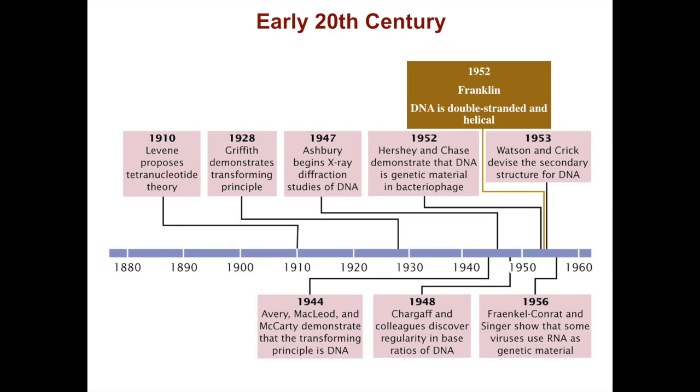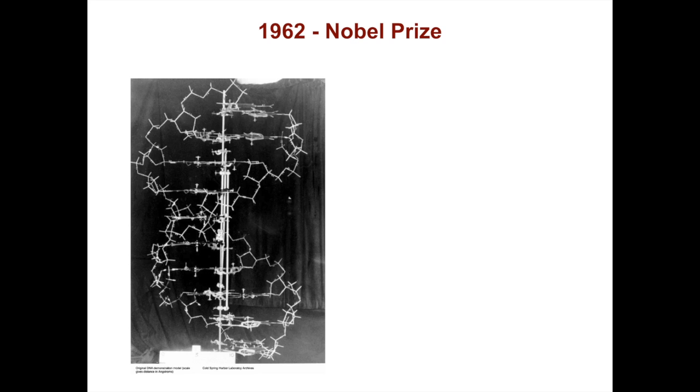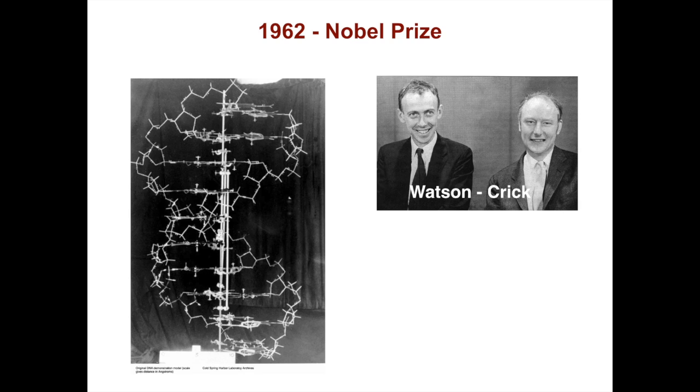In 1952, Rosalind Franklin showed that DNA is double-stranded and helical. And Watson and Crick devised a secondary structure for DNA in 1953, based in a large part upon Franklin's work and the works of all the others that are shown here. In 1956, Frankel, Conrad, and Singer show that some viruses use RNA as genetic material, which adds sort of another dimension to this story. But in 1962, the Nobel Prize for this amazing double helix model goes to Watson and Crick,